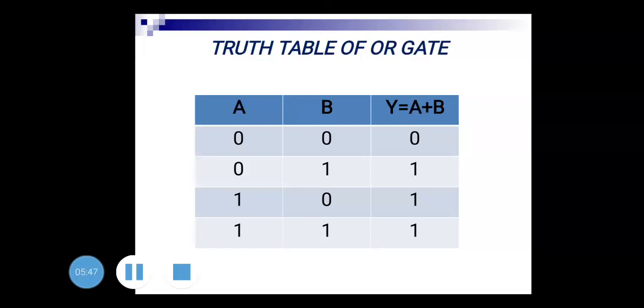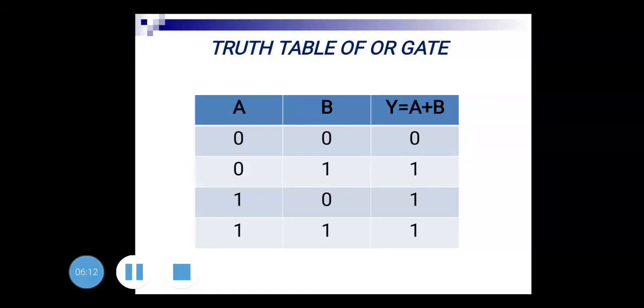So how to understand it? Logically it is said that if one of the inputs to the OR gate is 1, any one out of the two inputs, the other can be anything, the output is always 1. This is called a logic circuit. So logically it is like this.